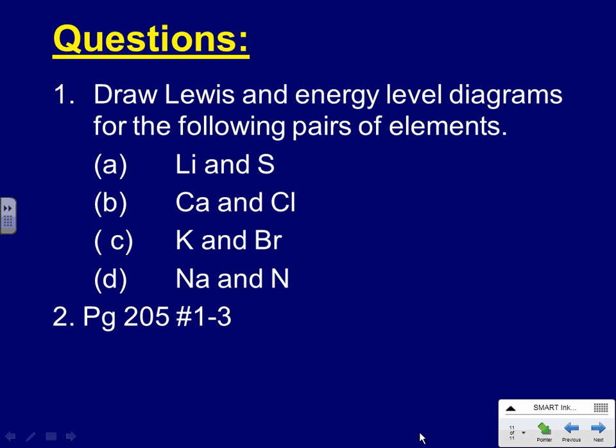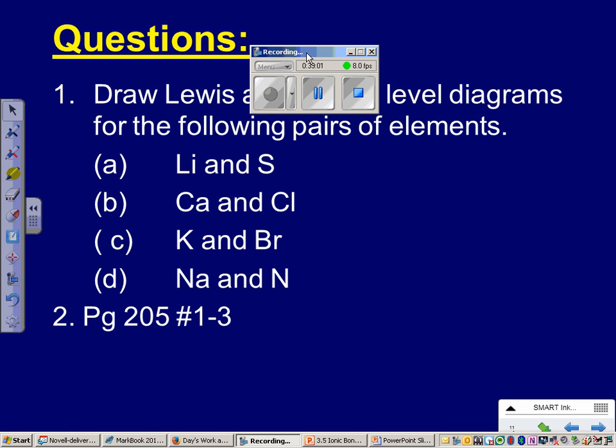And as you're doing that, I'm going to get this video stopped because I've got to disconnect my